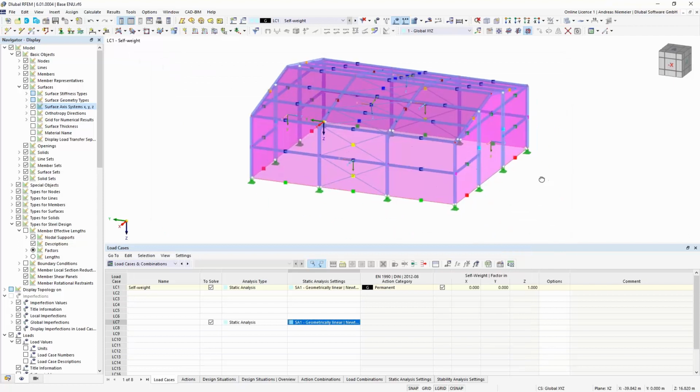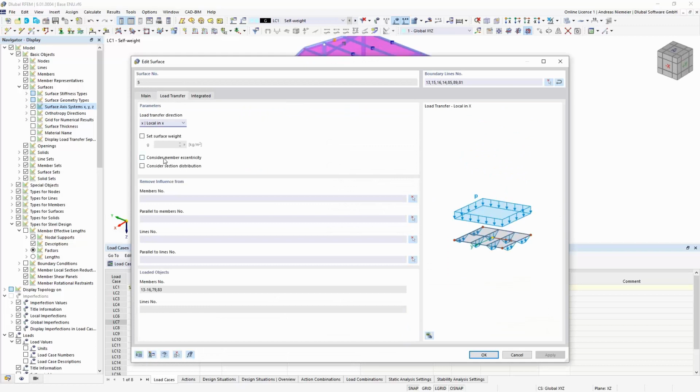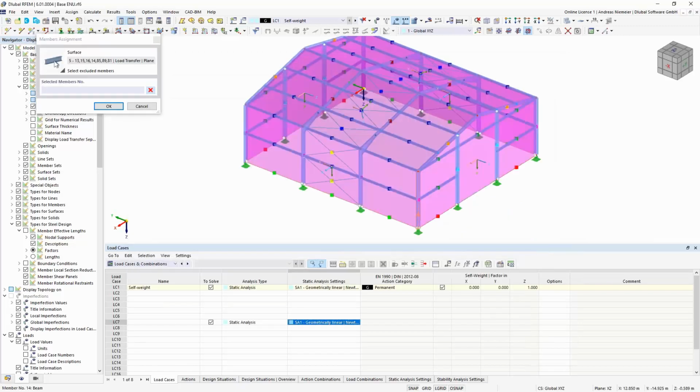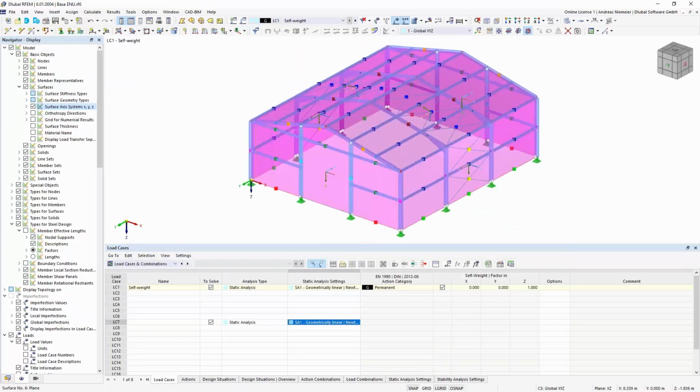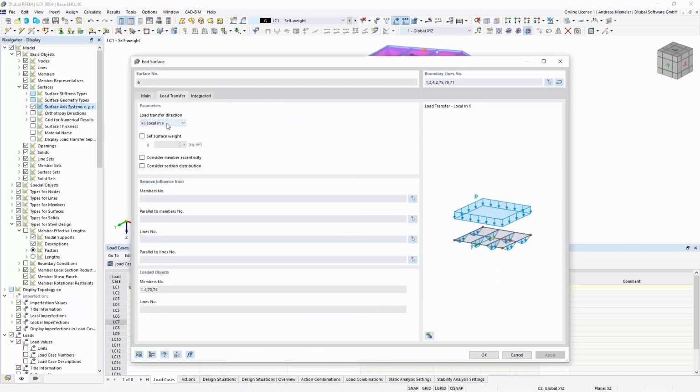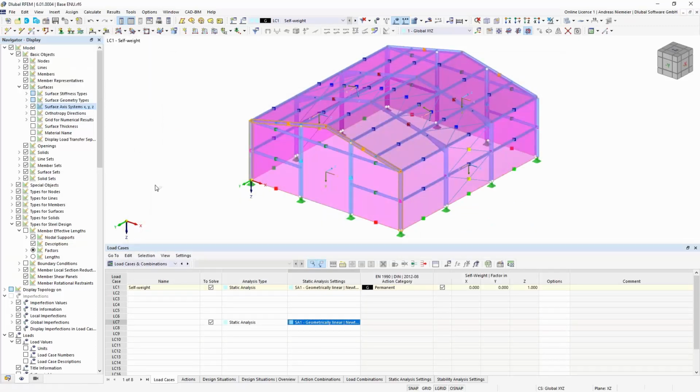And the same for the gables, but here it's a little bit different because I don't want to connect to the roof beam. Therefore I say please distribute loads in both directions, but without considering the outer members like the columns and the roof beams. The same I define for the back wall. I say here both directions without influence of these members. And after confirming this, the construct is ready for loading.